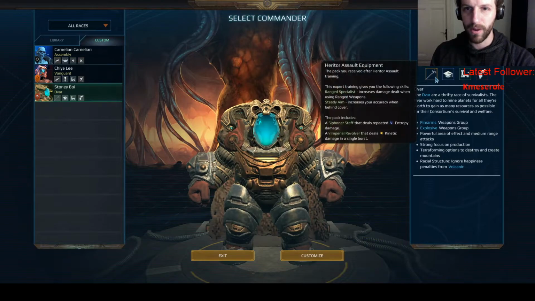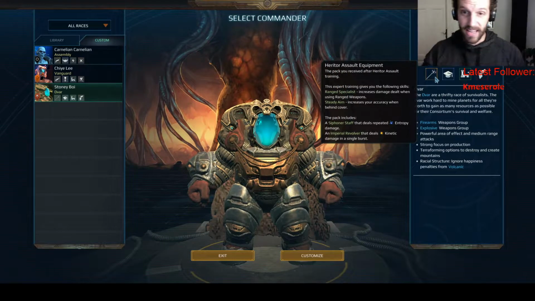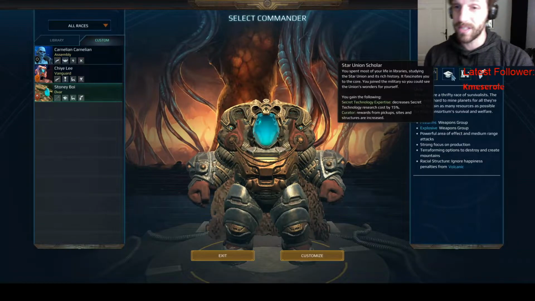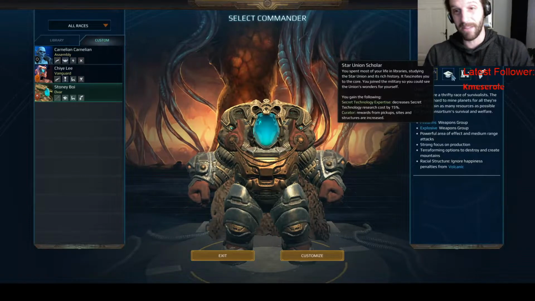What did I start them off with? We got Heritor assault equipment. So, range specialist, steady aim. We have a siphoner staff, dealing entropy damage, and just an Imperial revolver. Great. I also went with the Star Union Scholar, decreased secret technology research costs by 15%, which I quite like,